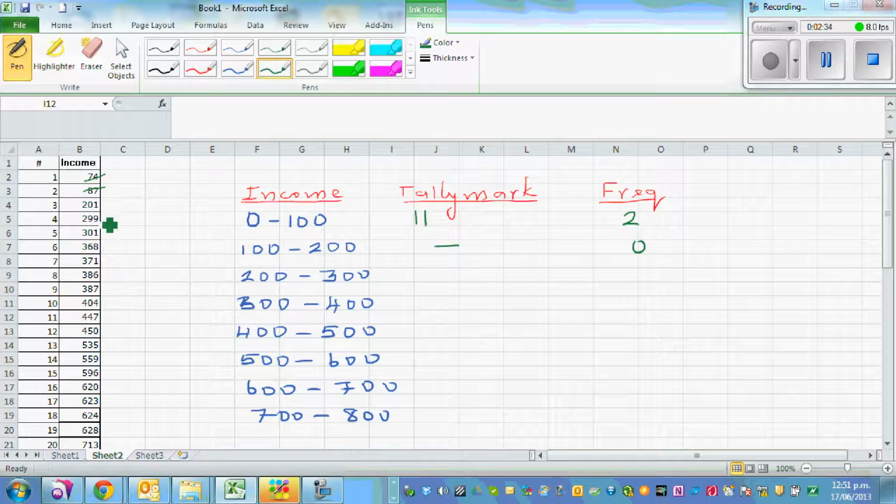Then you got 200 to 300, you got 1 and 2. So you do 2 tally marks. So this is 2. And from 300 to 400, you got 1, 2, 3, 4, 5. Okay, so do 5 tally marks. And then you got from 400 to 500, you got 1, 2, 3. So 3 tally marks. This is just to show you an understanding of how you can do it by hand,